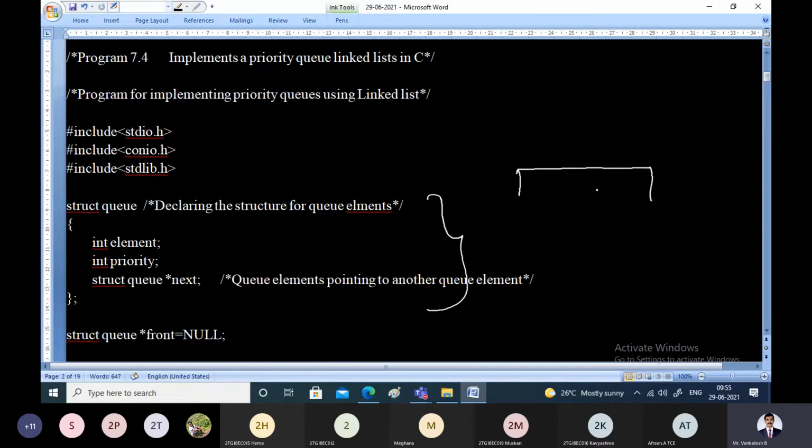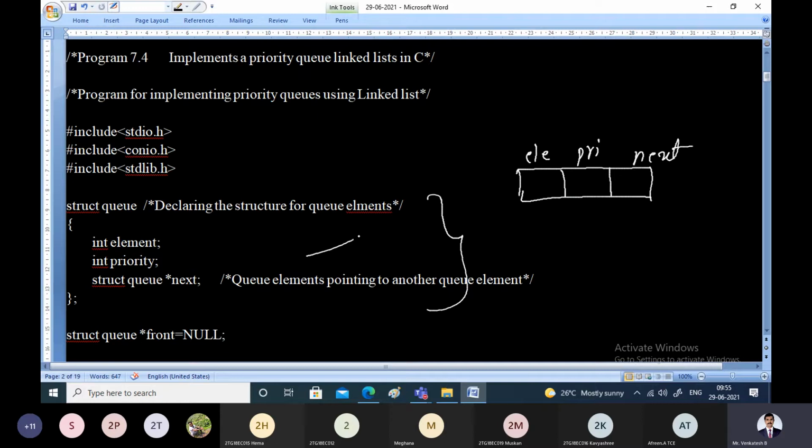We are using a structure definition which consists of 3 parts. The first part is the element, the second part is the priority of that element, and next is the pointer which points to the next node of the linked list, because we are using linked implementation for the priority queue.